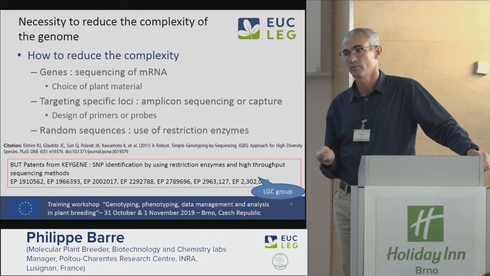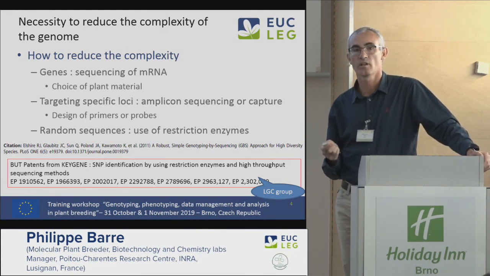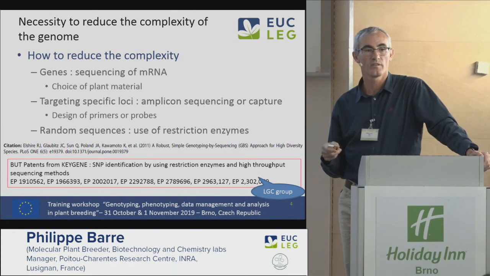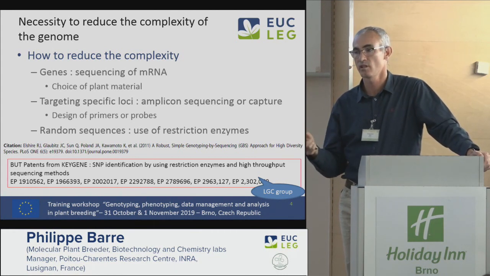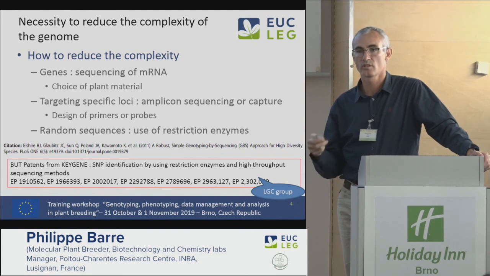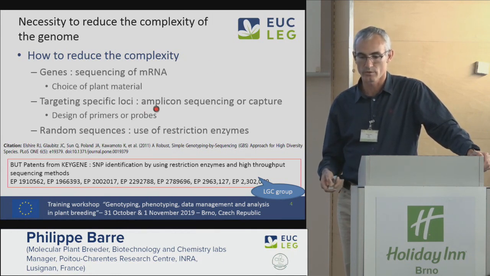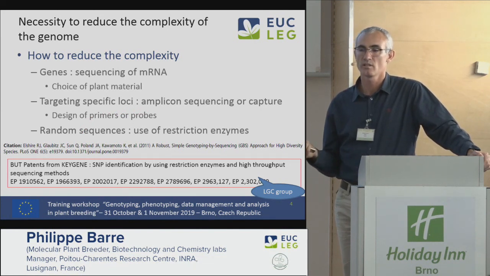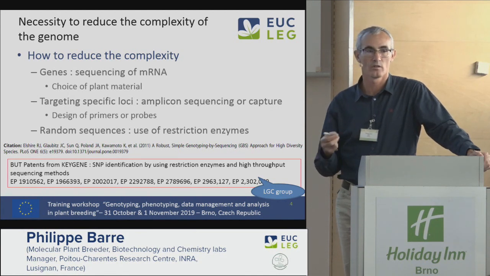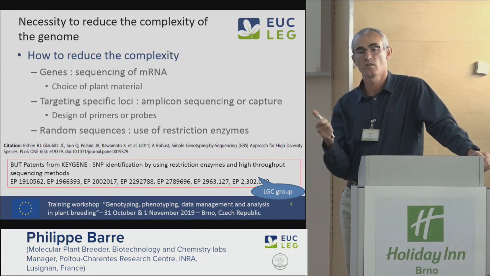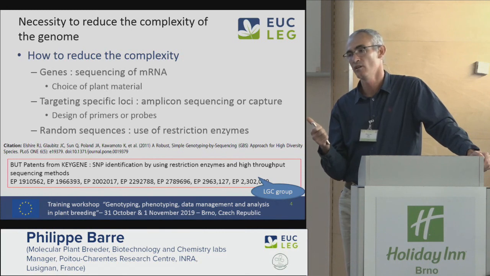To do that, you need some information on the sequence you want to look at. So if it's the first time you work on a species, it won't be possible. You first need to have sequence information to design the primers or probes. And you need the sequence information for, often we can have it for one sample, but it's not enough, especially with